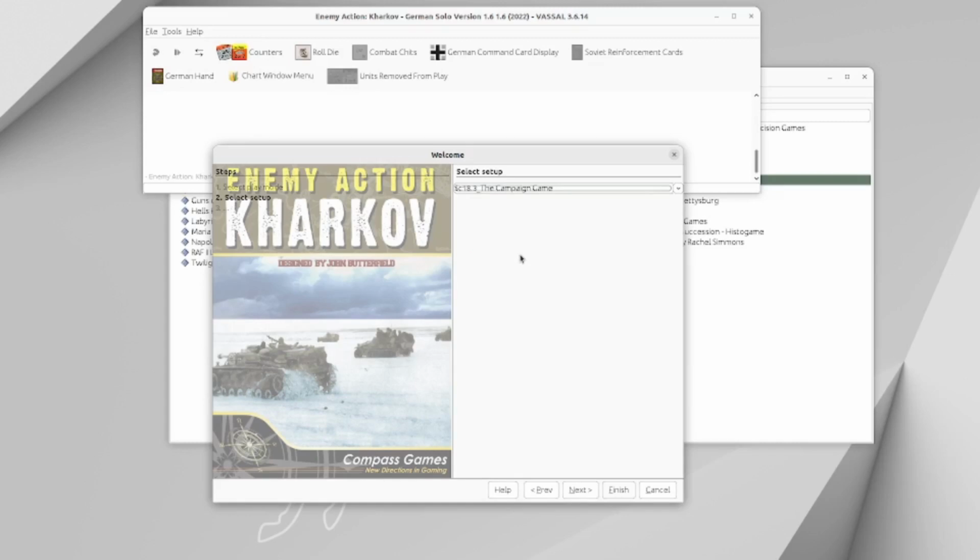And that's one of the good things about Vassal, that it greatly simplifies setup and tidying up, because the setup is already there. So, sorry, not finished. Next,